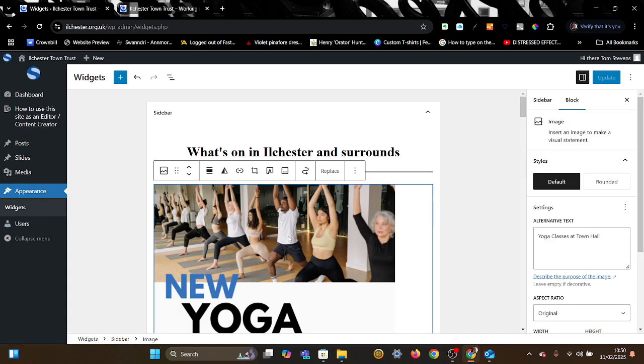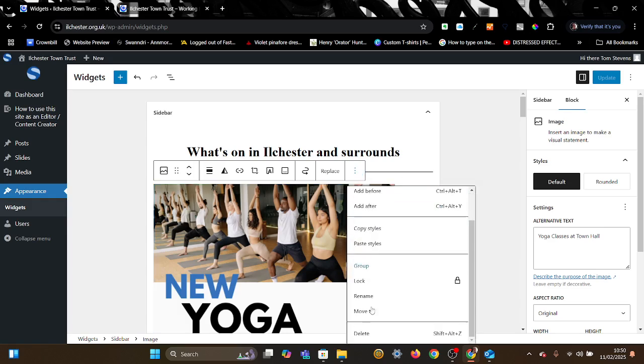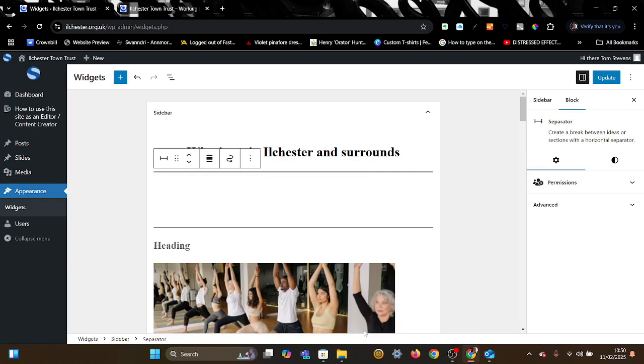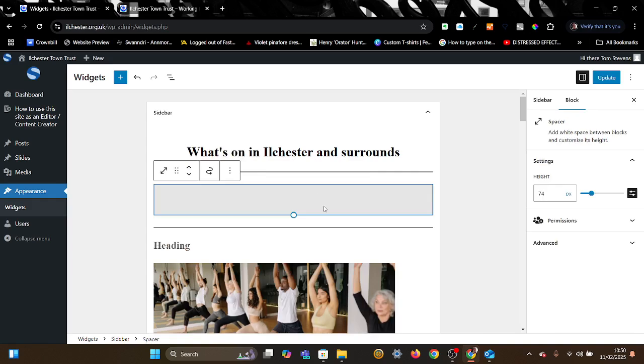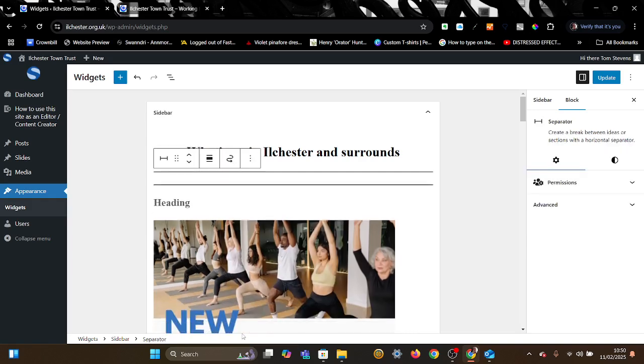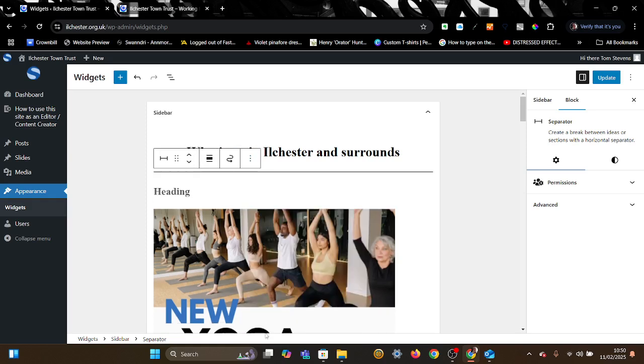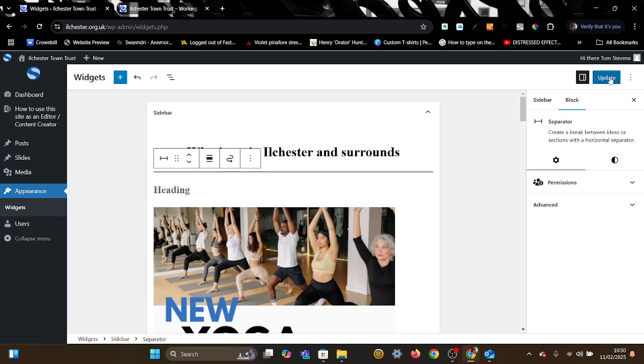We don't want that one in there, so we're going to select it and we can then delete it. We also don't want that space there anymore, so we can select it and delete it. And we don't want two separators. We'll take one of those separators, one we put in, and then we can delete it. And then we update that area,